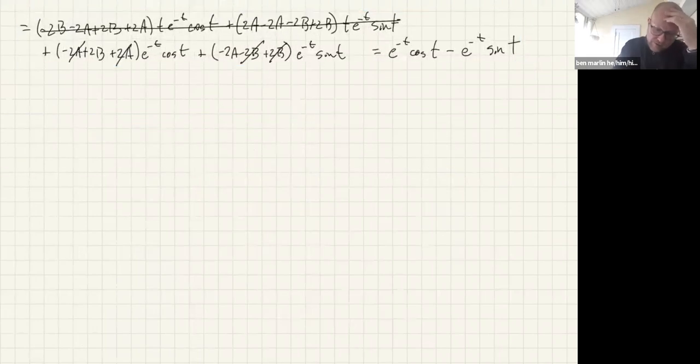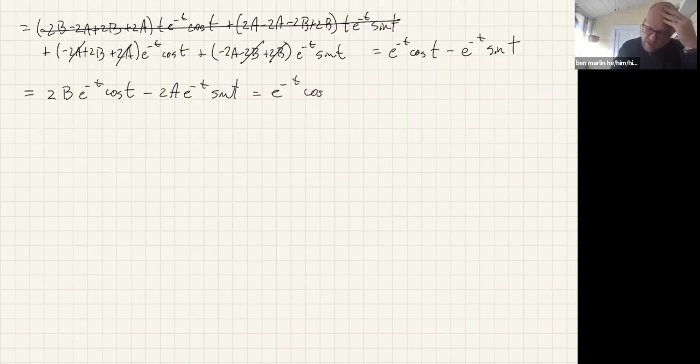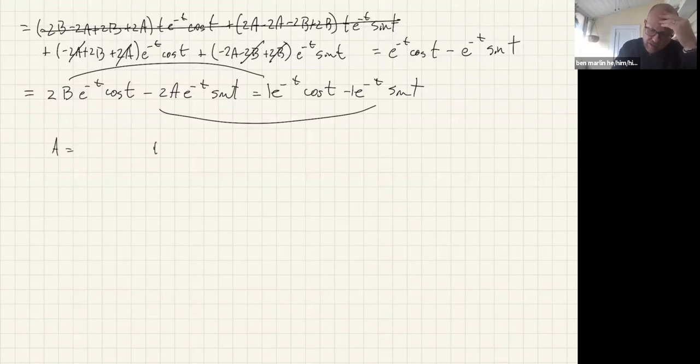And just write down the simplification so that you can look back at it later and see that we have 2b e to the minus t cosine t, and then minus 2a e to the minus t sine t, and that needs to be equal to e to the minus t cosine t minus e to the minus t sine t. So think of the coefficients there being 1 and minus 1, and you equate the corresponding coefficients, and you find out that a and b are relatively simple to do. b has to be 1/2, and a has to be 1/2 as well. So our final solution that we end up with is